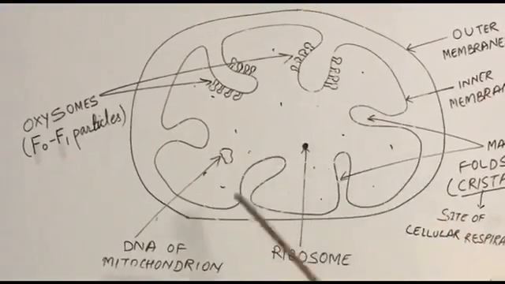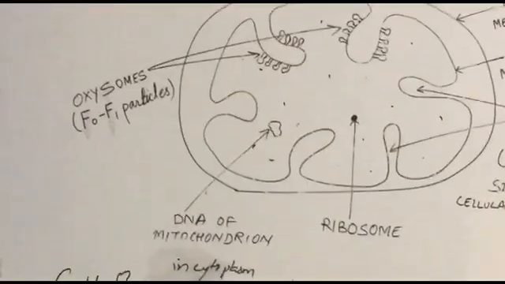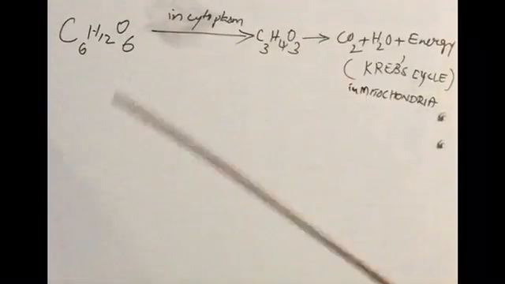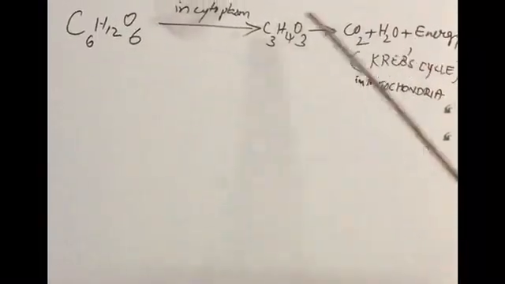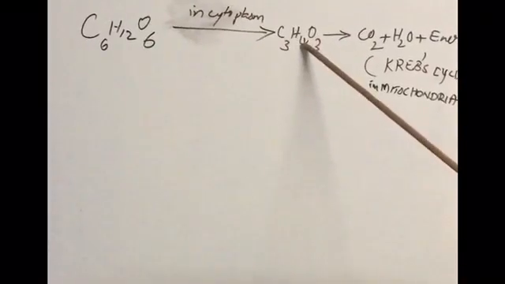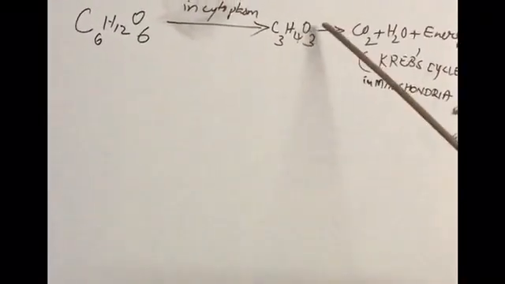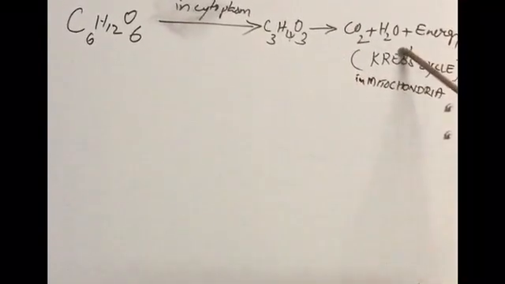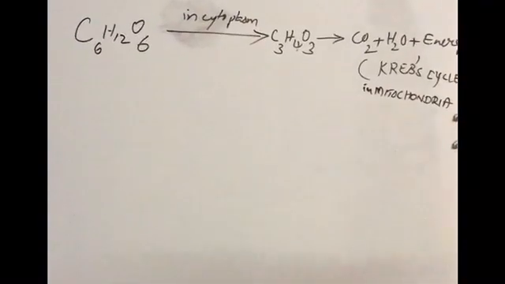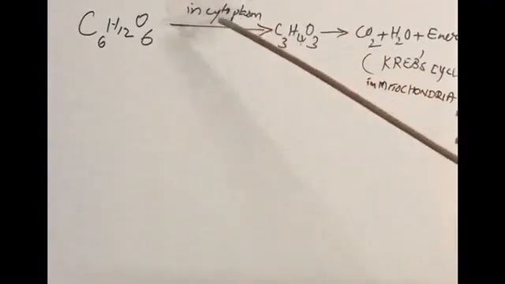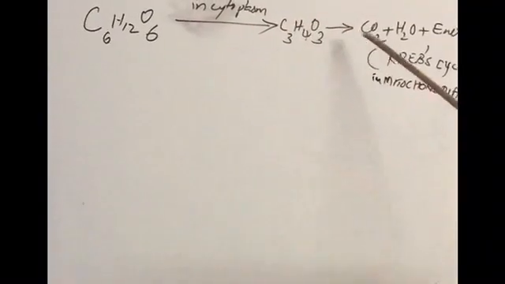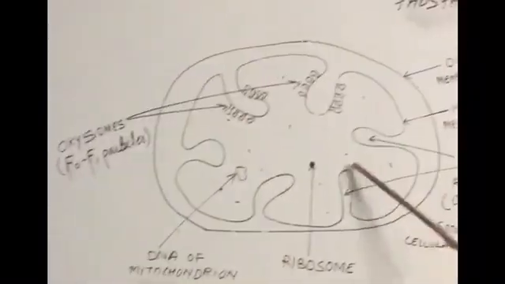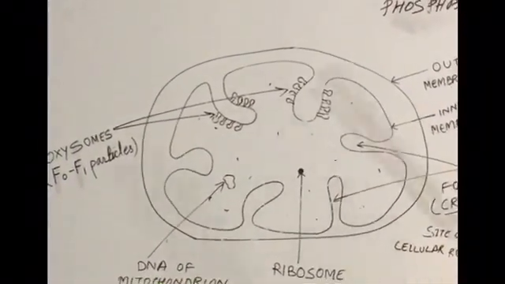We have already learned the three pathways of cellular respiration in the last video. There, the aerobic respiration takes place in the presence of oxygen. There you have seen the pyruvic acid, on complete breaking down, converted to carbon dioxide, water and energy. This part takes place in the mitochondria. Exactly speaking, the Krebs cycle, that is, complete oxidation of pyruvic acid into carbon dioxide, water and energy, takes place in the mitochondrion. This is known as mitochondrial ATP synthesis.